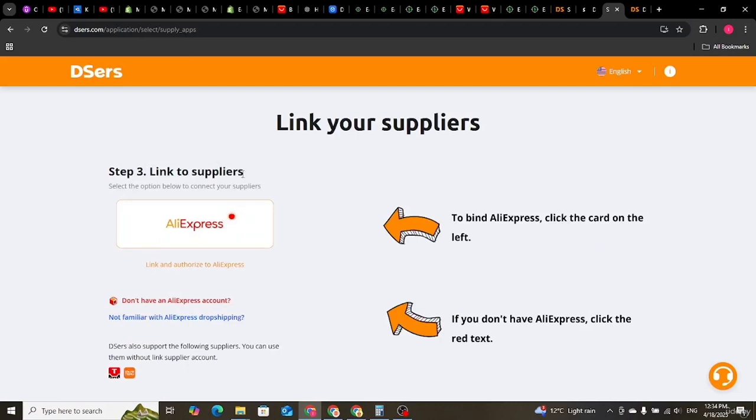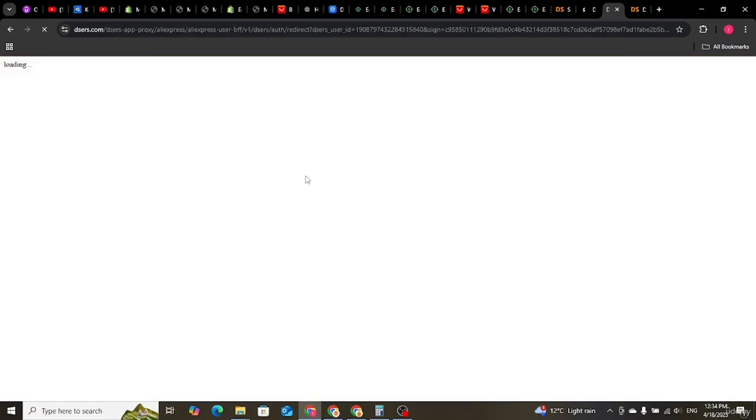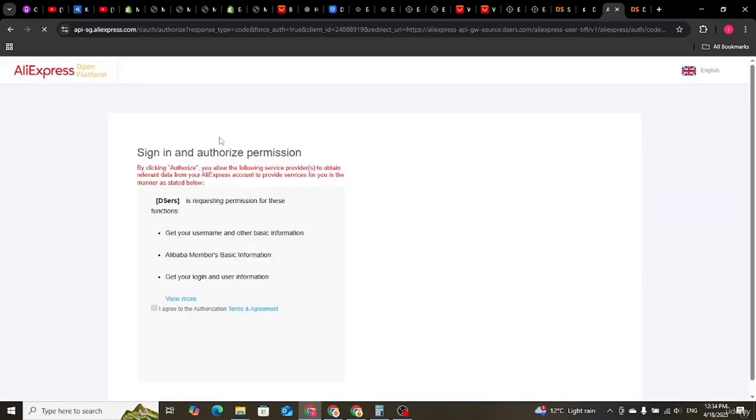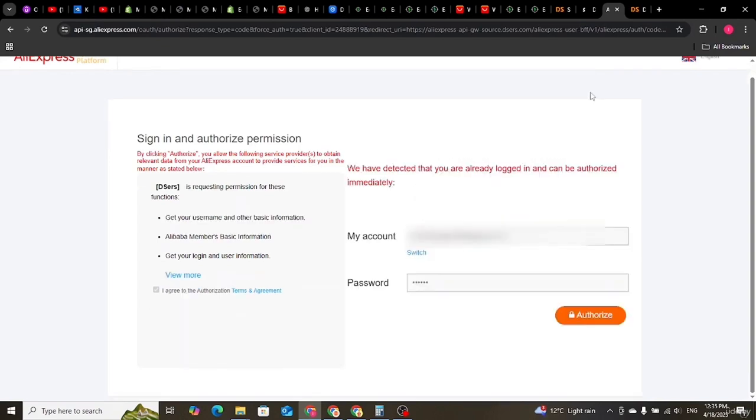Here you can see it says link your suppliers, link and authorize. It says select the option below. So I'm going to click on where it actually says AliExpress. It says sign in and authorize permission. Afterward you just click on where it says authorize. Once you click on authorize right there,